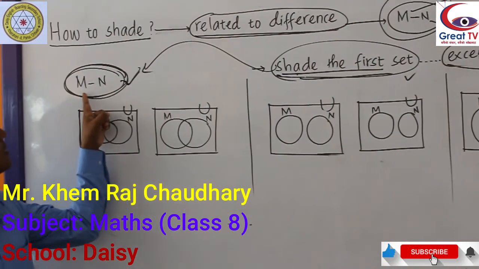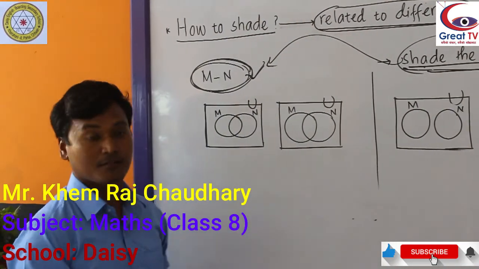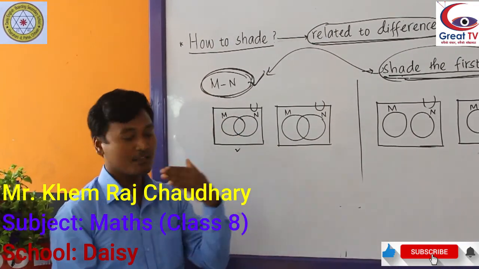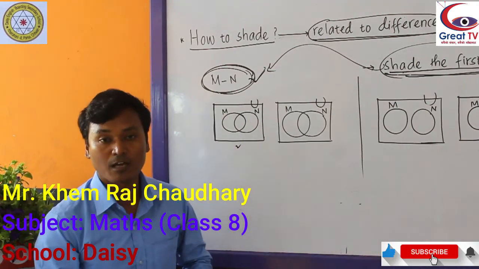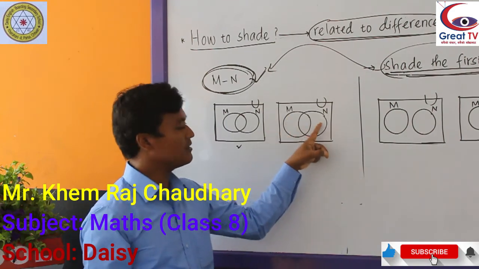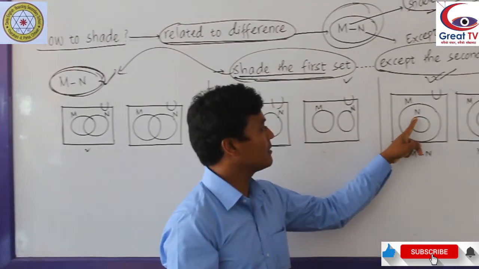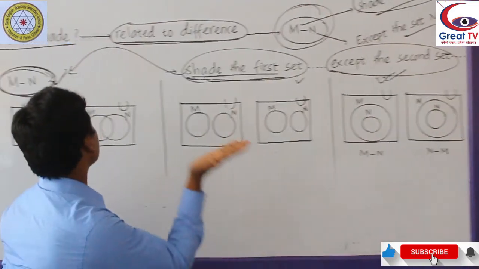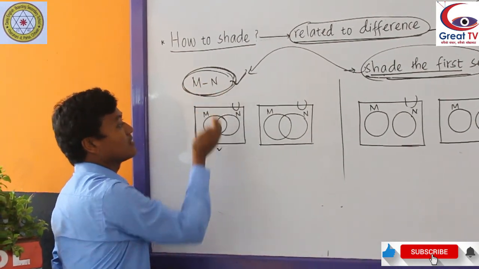Let us shade M difference N in different types of Venn diagrams. Here in our first type, you can easily see I have drawn M and N. These two are overlapping sets. Here in the second figure also, M and N are overlapping. In the next, M and N are disjoint. Here N is a subset of M. N is also a subset of M. Okay, let us talk about the first. Let us talk about how to shade M difference N in the first type of